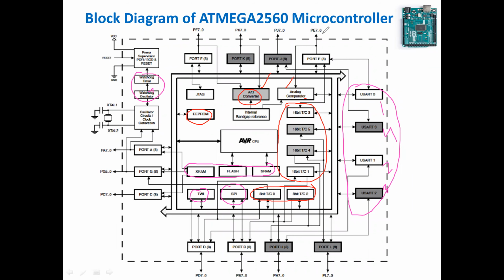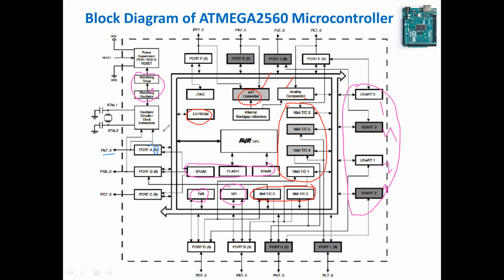So here, how many ports are there? That is very, very important. Through these ports only, you can control externally connected hardware like LEDs and switches. You can send data to the LCDs, or you can read data from keypads. So it depends on the external device you connect to the ports. How many ports are there, and what are these ports? These ports are 8-bit ports.